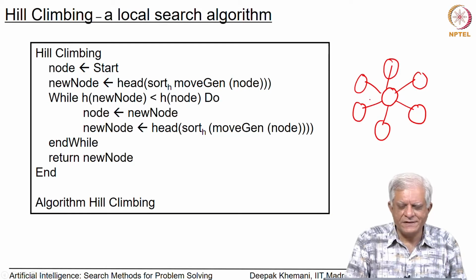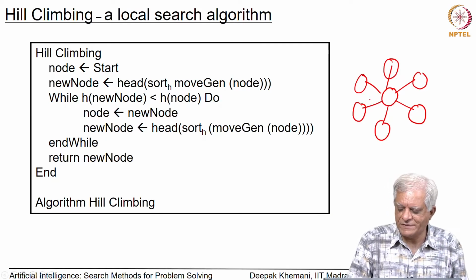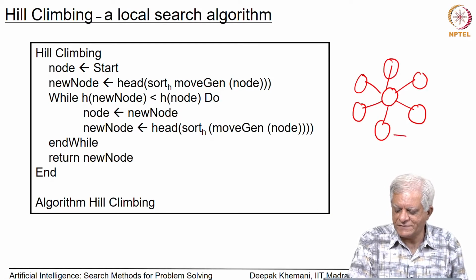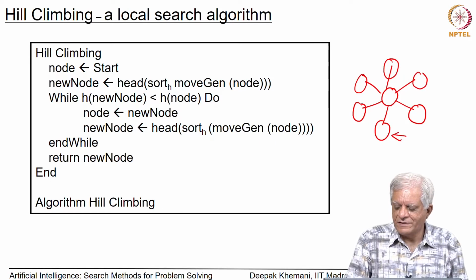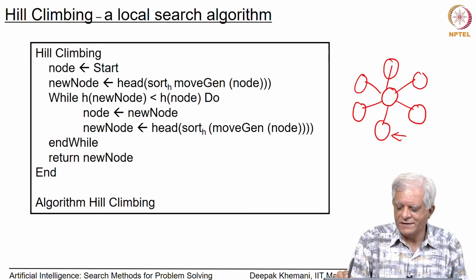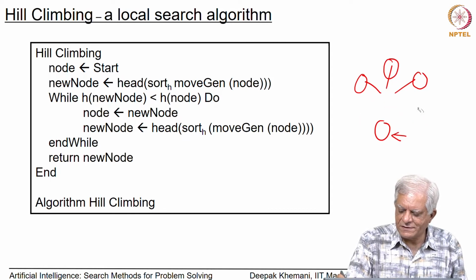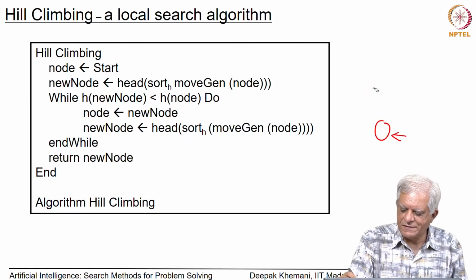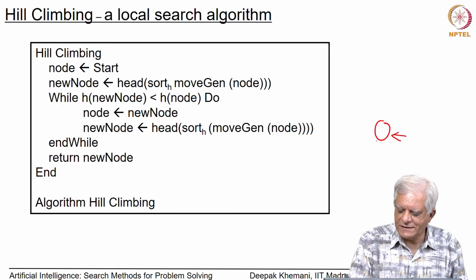Then amongst the children it identifies the best one. So, let us say this is the best one. What it does is it just moves to that node and forgets about the other nodes, and then it generates the children of this node,